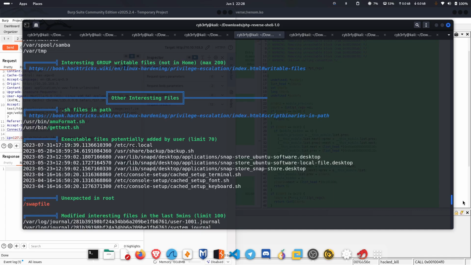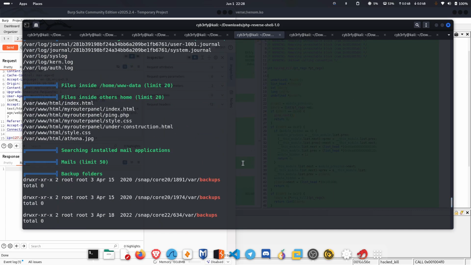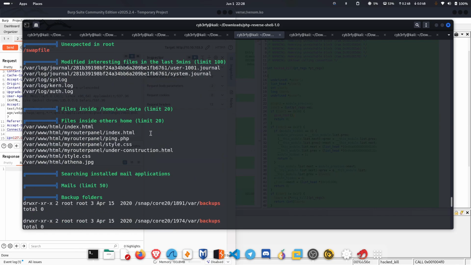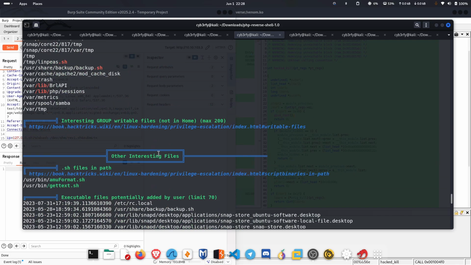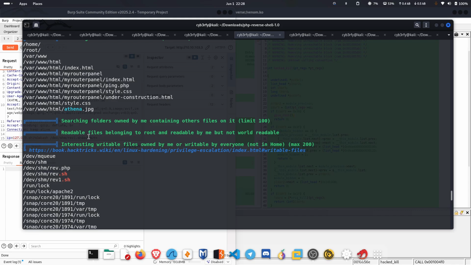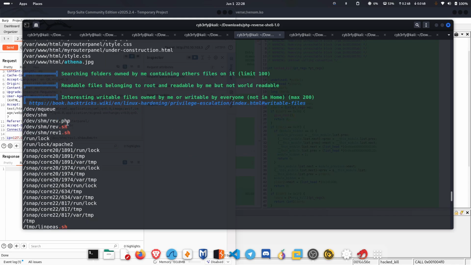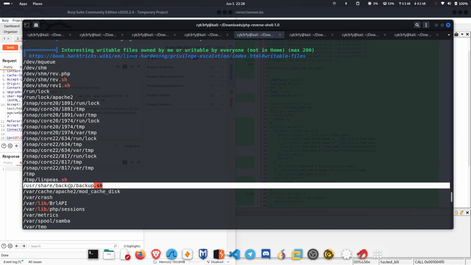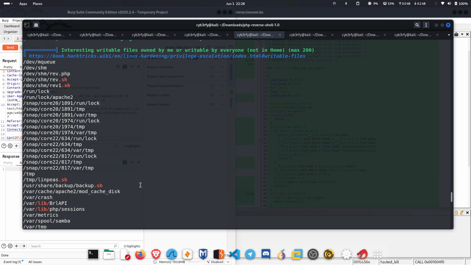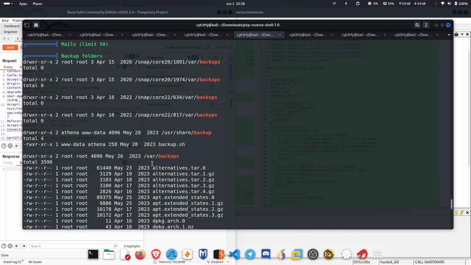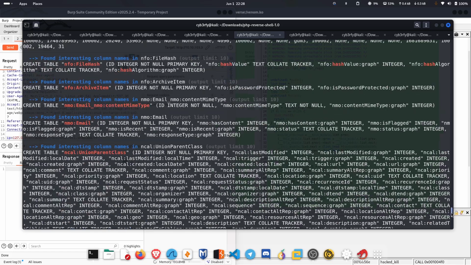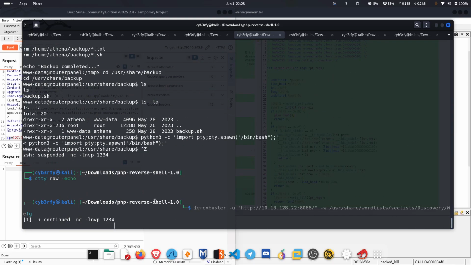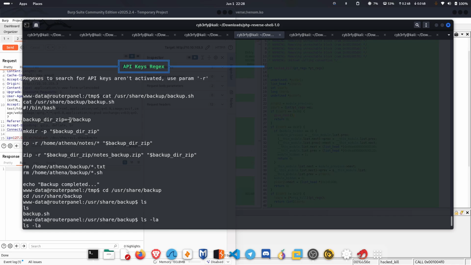There was a file. Yep, there was this. You can see a folder backup, and inside that, wait a second. Yep, here you can see there was a script in this backup folder, backup.sh. So I move down here. Let's go down. Okay, so actually when I opened it, here you can see